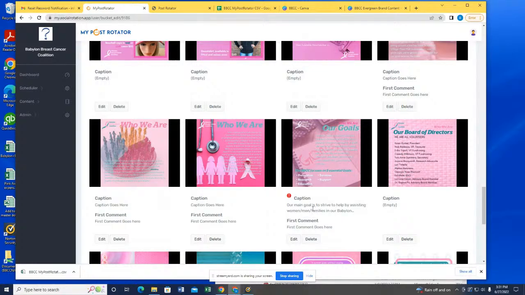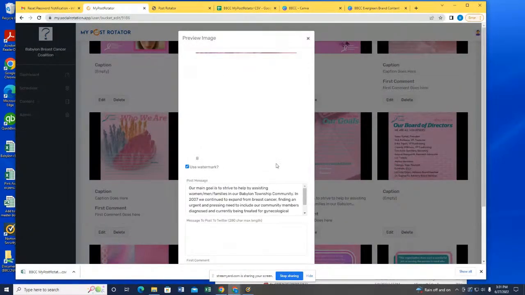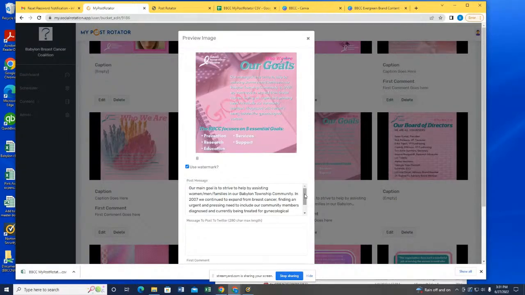Okay, so it's found it, and as it's saying, this red button, basically that exclamation, means it's too long for Twitter, so it wants you to come in here and edit it. So you see, this caption goes here, first comment goes here. We were very literal and put this information here, but the whole information that was in the CSV pulled up, and then we would just have to